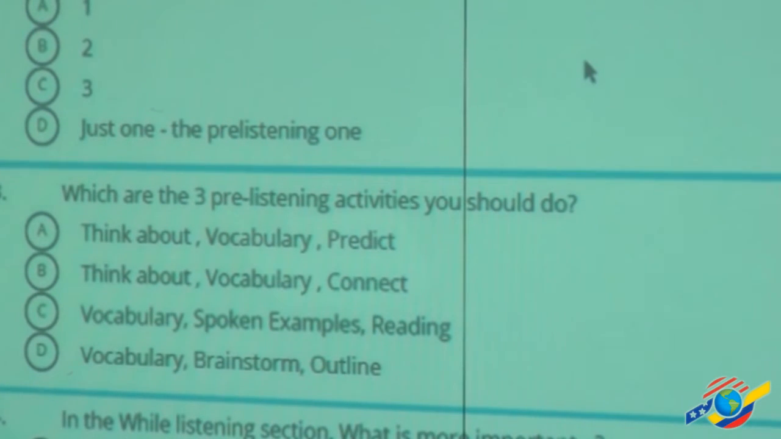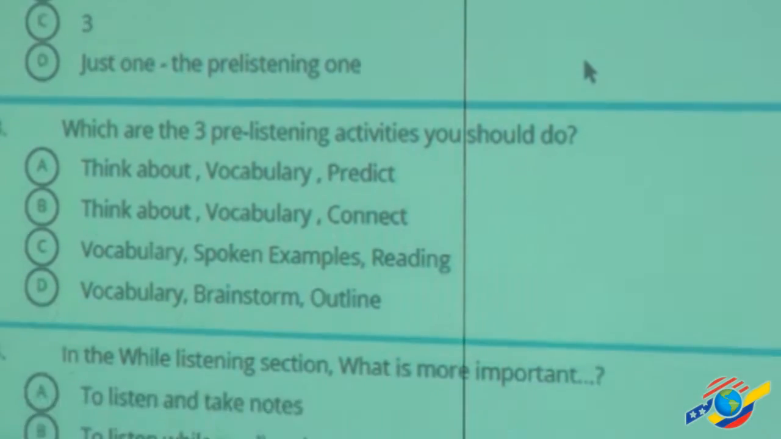Now, these pre-listening activities are not necessarily spoken or listening. It could be written, it could be read, they could be discussed, okay? As soon as we finish with the test, I will give you some suggestions on what to do in each pre-listening activity. On number 4,